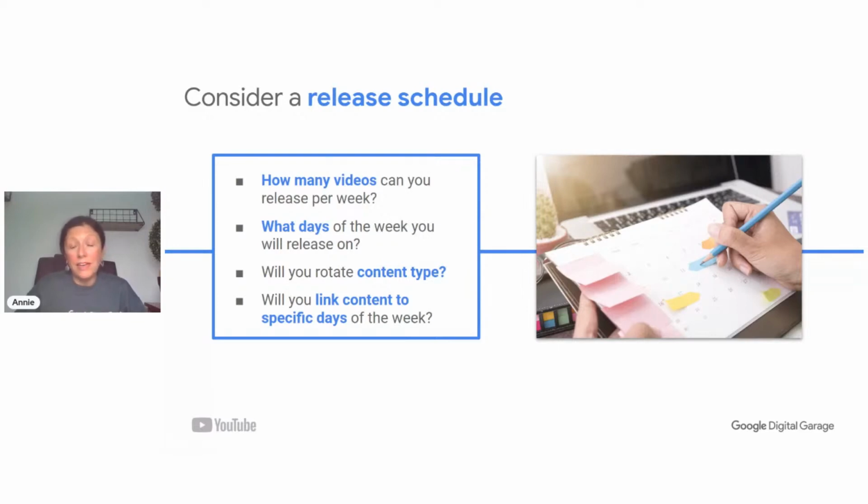How interested are they in getting regular content? You'll start to see that in analytics a bit later on. And will you rotate that content type? So, for example, would you want to put a lightweight vlog at the beginning of the week and something a bit more higher production at the end of the week? So thinking about the kinds of content maybe at different times of the week so that your viewers get used to the kind of content that you're creating. And maybe you'll link that in to something like Tech Review Tuesday or Fun Facts Friday so that people know the kind of theme that they're going to expect when they come to see you again.